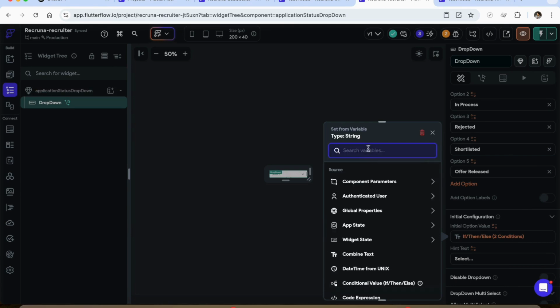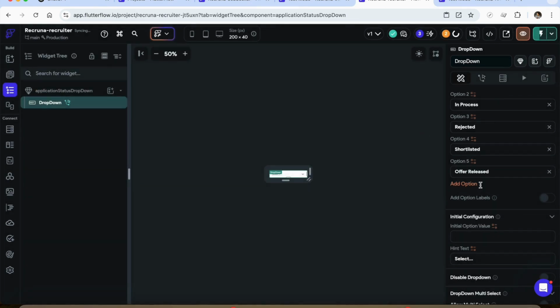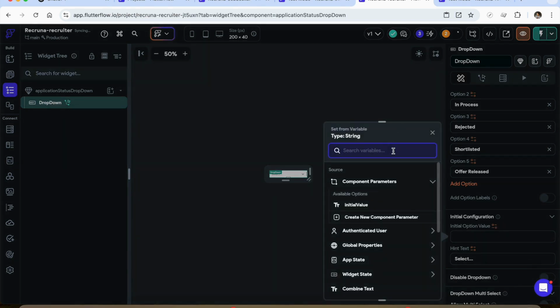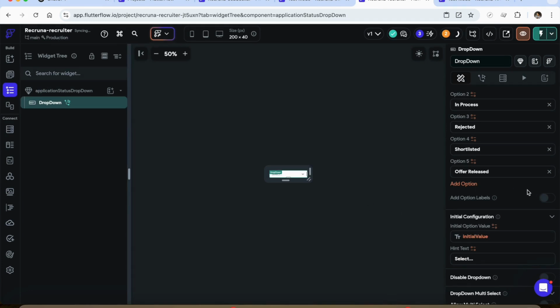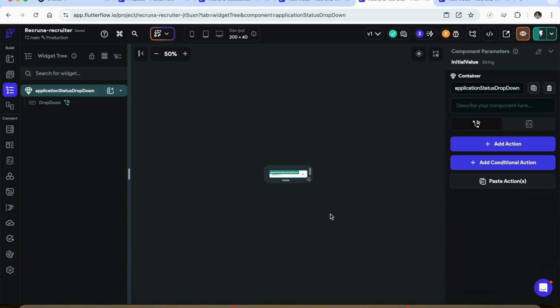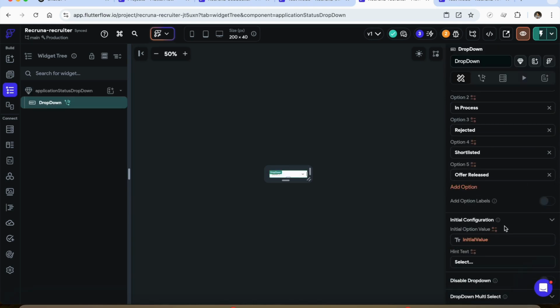So actually I can directly link this to initial value, and I can construct the conditional on the main page, right? So now I've converted this drop down to a component. The reason for doing this was that it was throwing an error when we were using it within a dynamic list, so I could not use it directly over there. So that's why I've chosen this path of creating this as a different